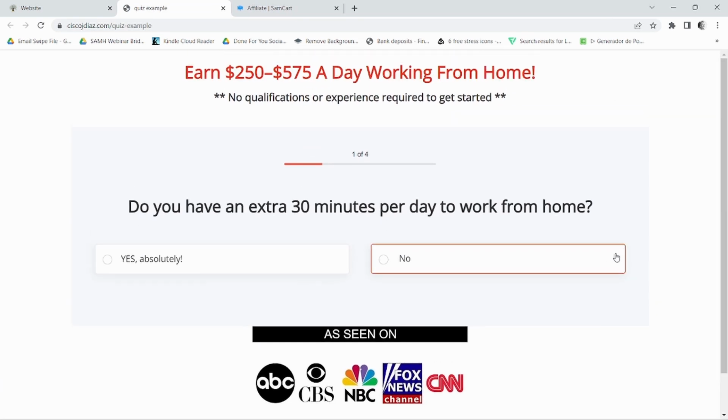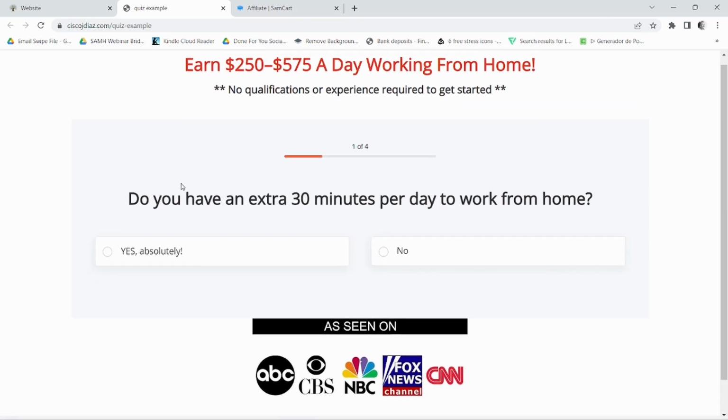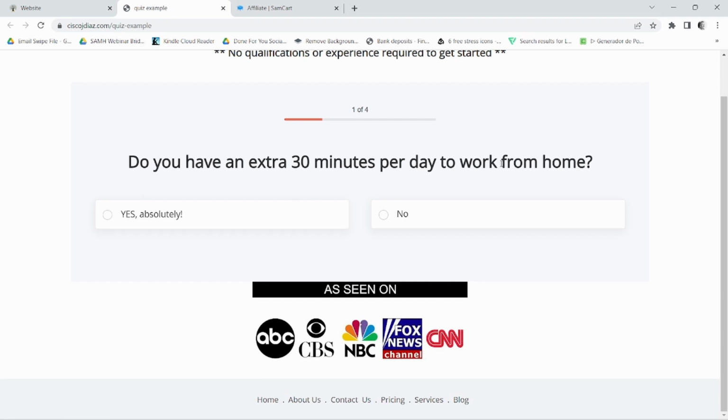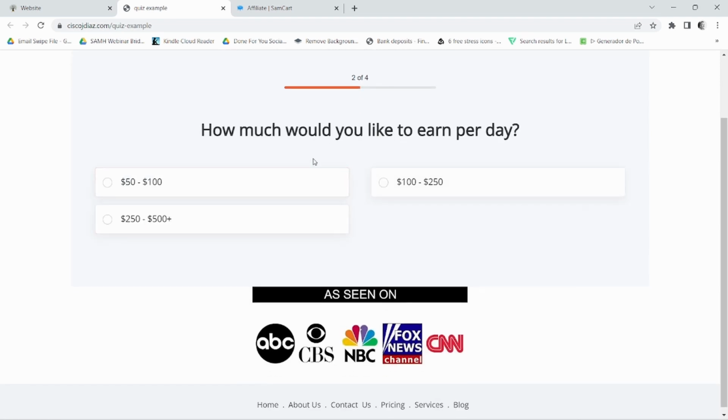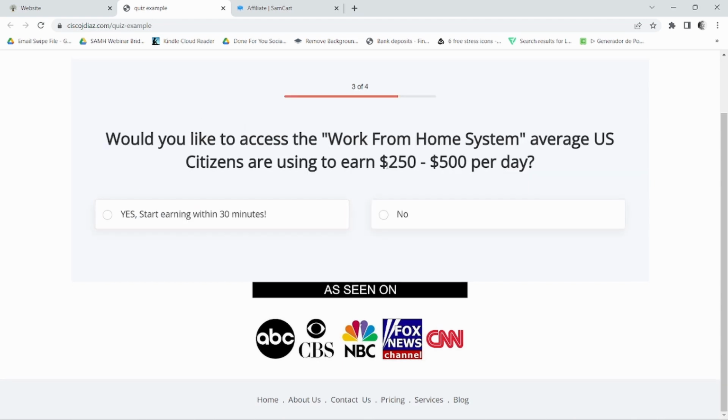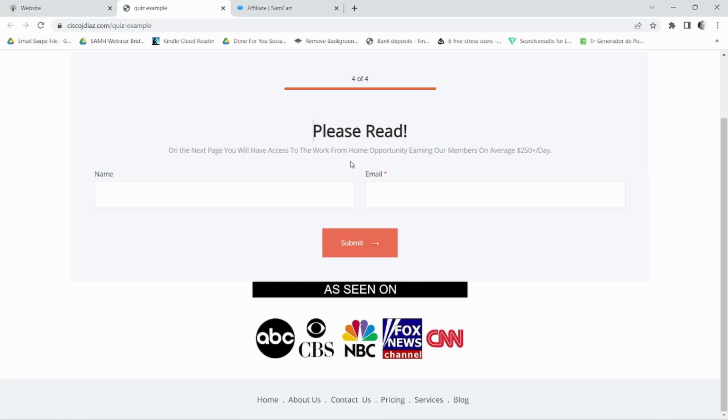As you can see, this is our quiz funnel. Now, do you have an extra 30 minutes per day to work from home? Yes, absolutely. How much would you like to earn per day? So 250 to 500 plus. Would you like to access the work from home system average US citizens are using? Yes, absolutely. And then boom, we have here our opt-in form that people can use to put in their name and email address,